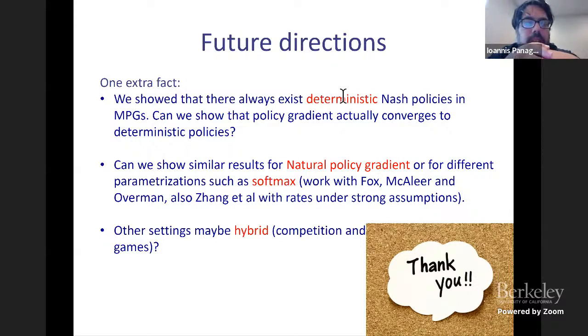Right. I think the best we can hope for is 1 over epsilon. This is the rate that you can achieve when you run for single agent. And I feel that you probably are right. I forgot to mention one future direction also is to have some accelerated method. I'm not sure if you use coordinate descent, you can get better than 1 over epsilon squared. My feeling is that